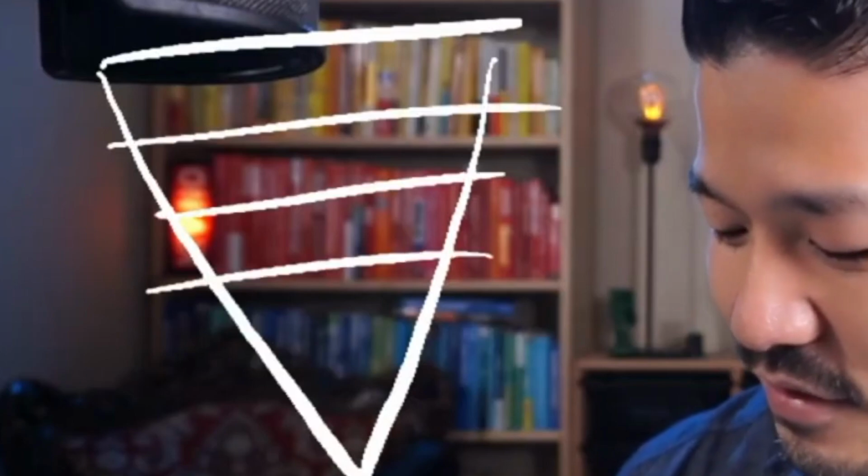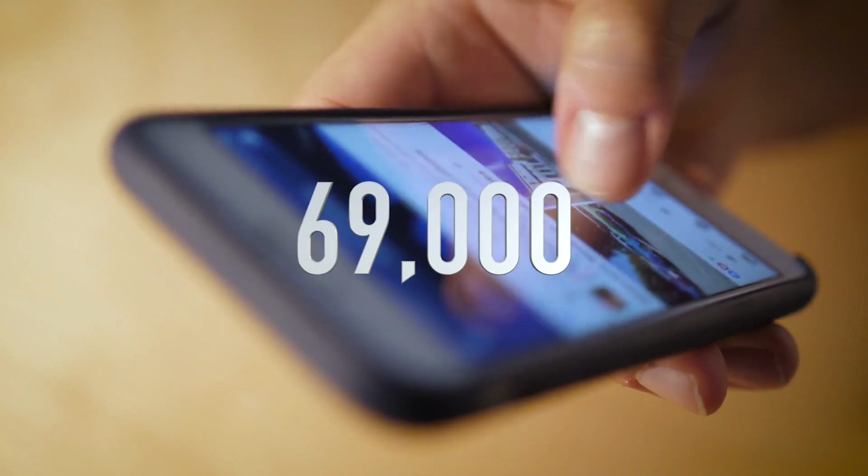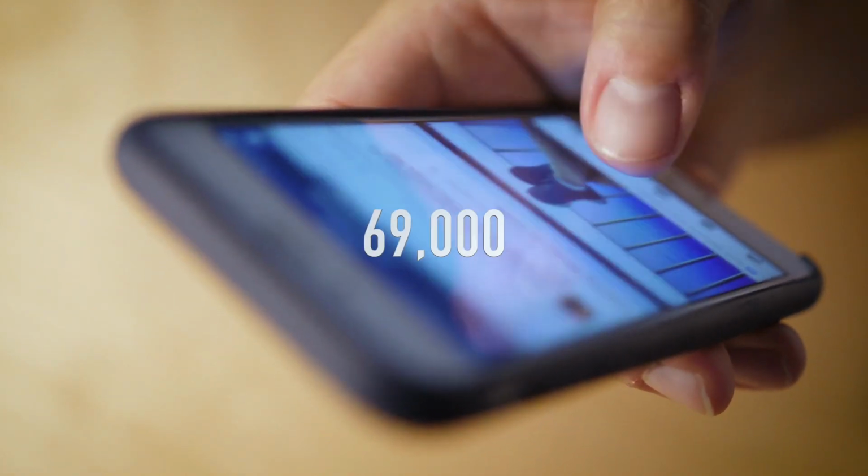If we were to look at the typical inverted triangle funnel, right, then we're to divide this up into 5 stages. The very first stage right here is titles. Because if you think about it, if someone doesn't know who you are yet, if you're not famous yet, then the thing that's going to stop them is not your face, it's going to be the title. They're going to think, is this relevant to me? And if you don't have a good title, then you're going to get scrolled away along with the 69,000 other pages that people scroll through every single year. So titles, write the titles even before you plan the content.